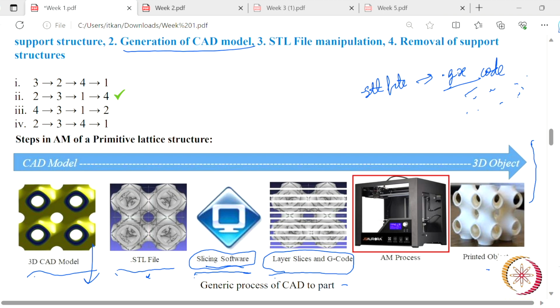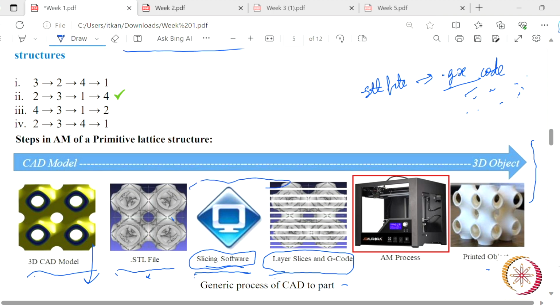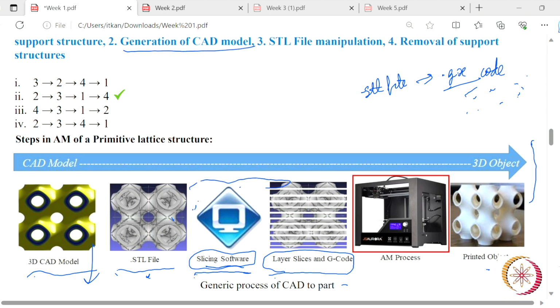Now how these codes are written and how these STL files are formatted in slicing software, we will discuss in week 2. Now one more thing, here in the slicing software we also give the printing temperature, material, and how much density we are printing. All these things we also put in the slicing software. Okay,